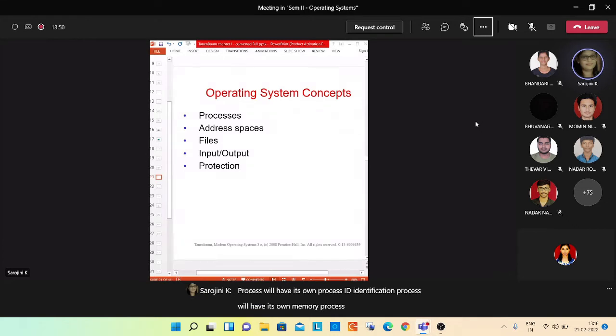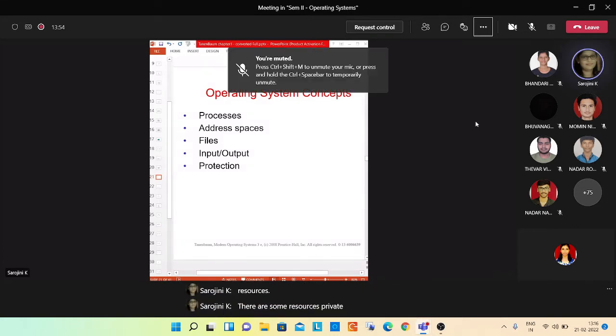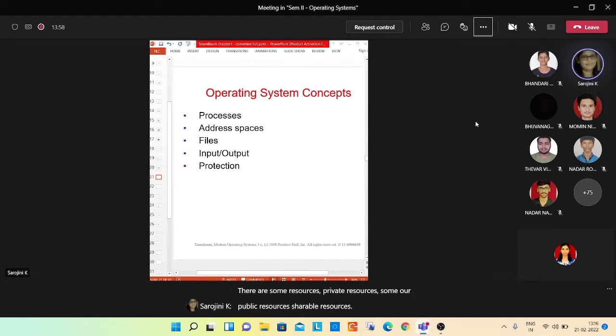A process will have its own resources. Some are private resources, some are public, shareable resources. So a process is fundamentally a container that holds all the information required to run that particular program.